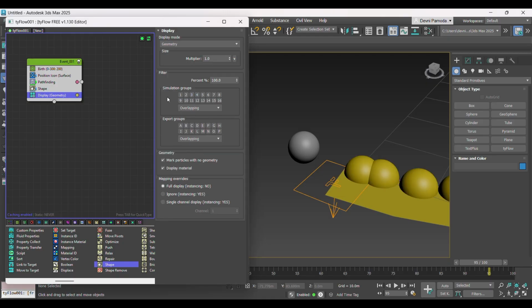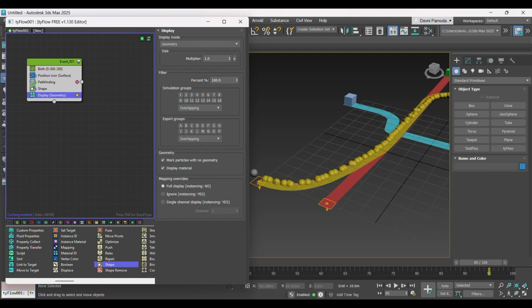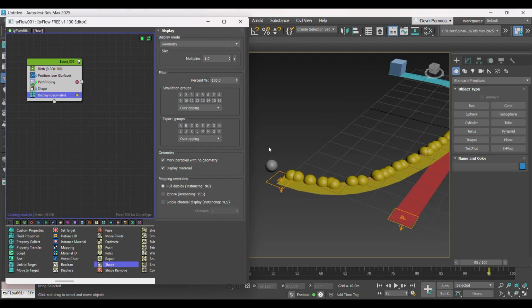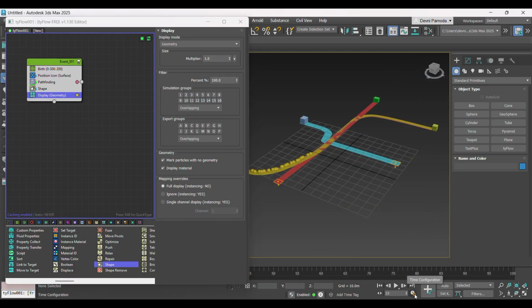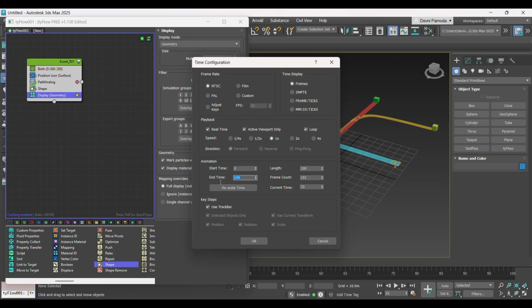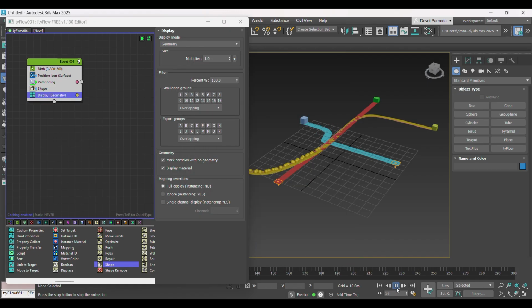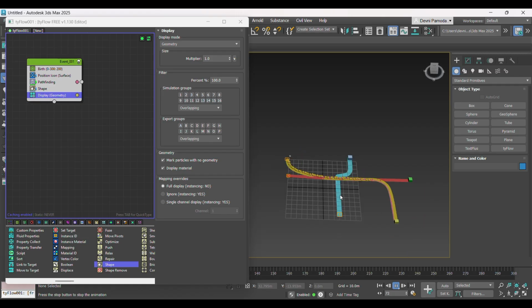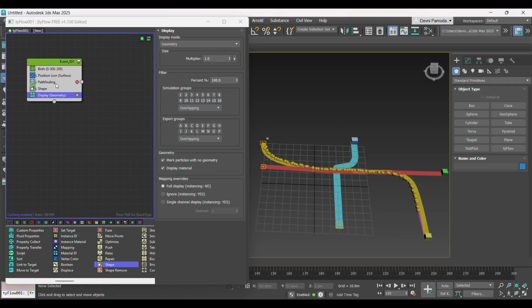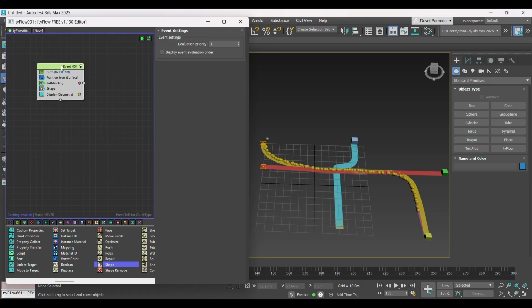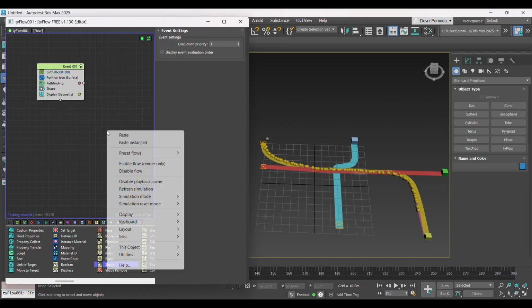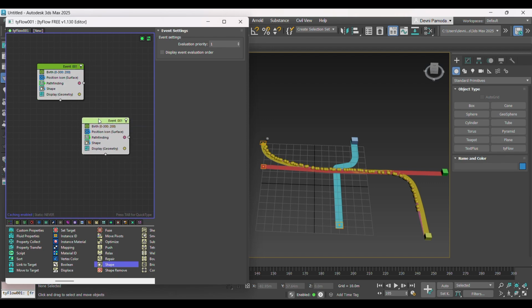We're going to change the display mode to geometry, and here you have the sphere following the path that we gave it. I'm going to quickly change the time to 300 so it's a bit more clear. As you can see, it's just one fluid move from the start of the Tyflow icon to the end, to the cube. So we're going to quickly copy and paste it to have another event,